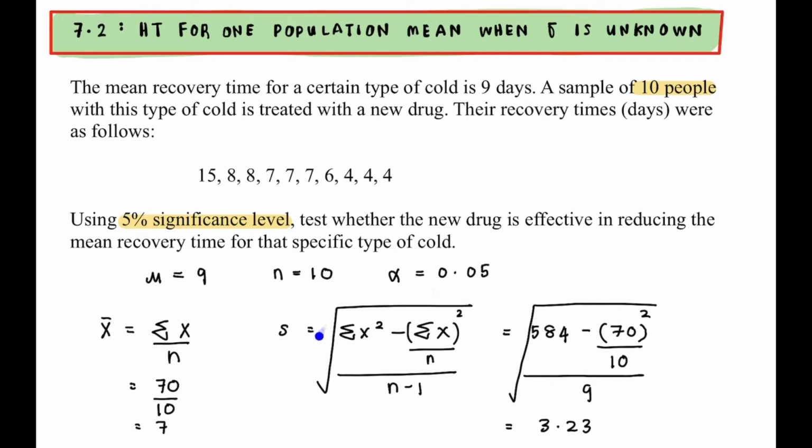Then for your standard deviation, you use the formula from the first chapter. Summation of x squared: you have to square every number, which is 15 squared plus 8 squared plus 8 squared up until 4 squared. So you have 584 as your summation of x squared, minus summation of x in the bracket squared. This comes from the numerator of x bar, which is 70. So 70 squared divided by n, which is 10, divided by n minus 1, which is 9. So your standard deviation will be